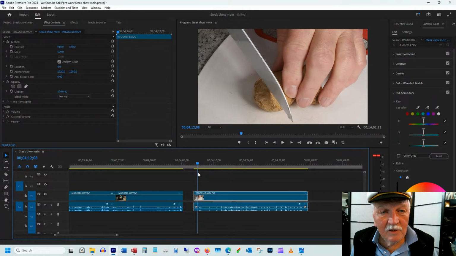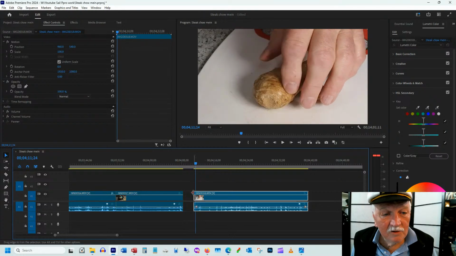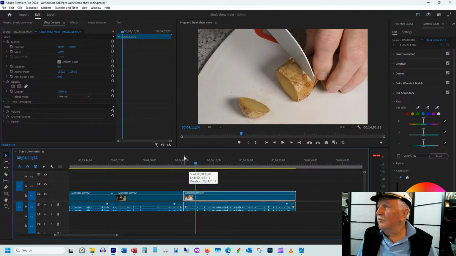Okay, so now we're going to cut up a piece of ginger root, fresh ginger. Fresh ginger tastes so much better and so much different than